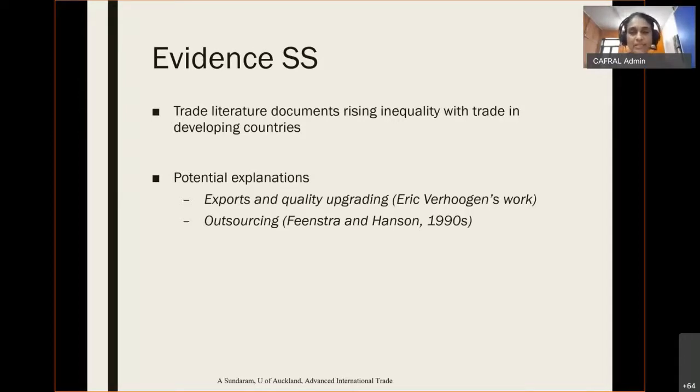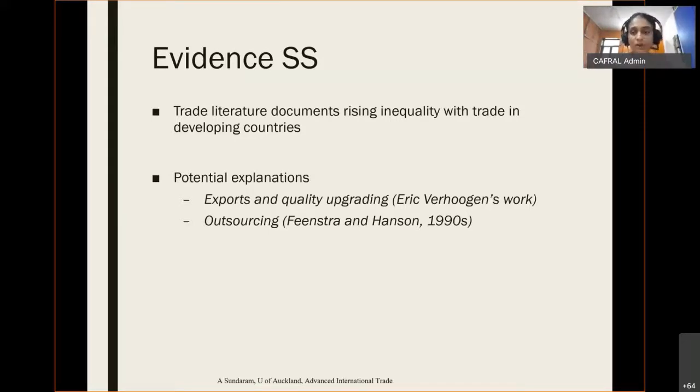And what he argues is, look, when countries start exporting, so you're saying that the whole Stolper-Samuelson idea is India opens up to trade, it exports a whole lot of textiles, which is unskilled labor intensive, and hence unskilled labor has to benefit and inequality has to go down, right? But what Eric says is when countries start exporting, they have to actually change the types of products that they're exporting. So if you look at a textile firm that's serving the Indian market, it is actually producing and selling completely different products relative to an exporting firm that is exporting those same products to the US, for example,